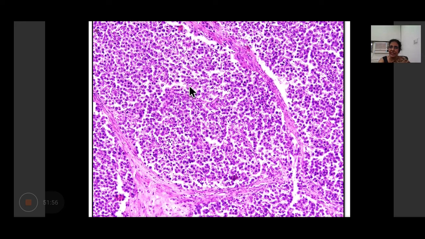And this whole tumor is divided into lobules, which are separated by thin fibrous septa. So a very characteristic feature is that the tumor cells are separated into nests and lobules by thin fibrous septa, and these septa have T lymphocytes. Sometimes you can have granuloma formation in these septa, or you may have syncytial trophoblastic giant cells in these septa. These syncytial trophoblastic giant cells will secrete beta HCG, and that beta HCG will lead to increased levels in the blood and in the urine.